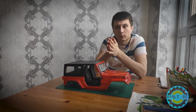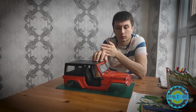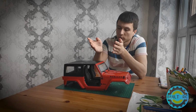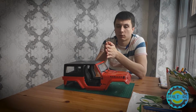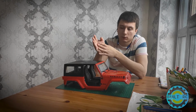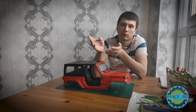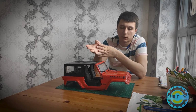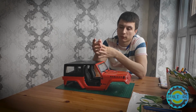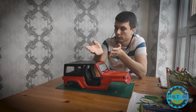So I believe it's enough for the first video. I will be filming all the progress on this truck, and I plan to finish it maybe in 2 months, I believe. By finishing it, I mean to make a roller that can be used on trails. It will not be a comp rig, that is why I cannot classify it as class 0, class 1, class 2. I believe it will be something like maybe a class 1 truck if I use some small tires, and now it can be like class 2 because it has